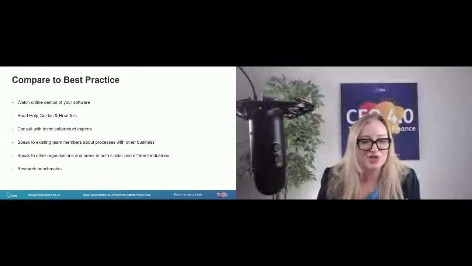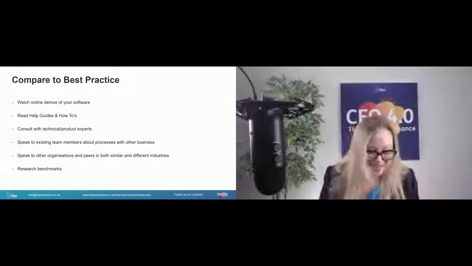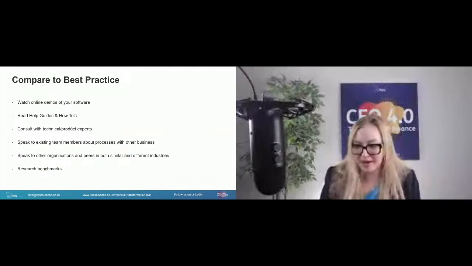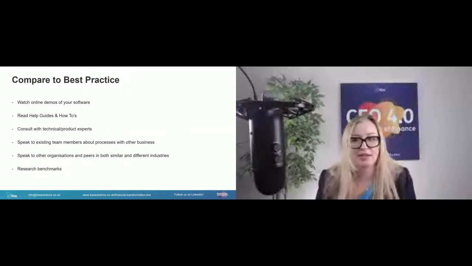Okay, so I think that's it for benchmarks. If anyone else has any other ideas as well, this very much is a community and sharing. So please do share if you have any other ideas, other places that you have found benchmarks or found them useful in particular, and then we will share those on here as well.